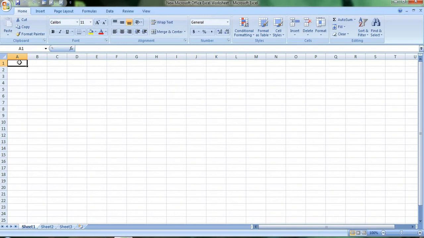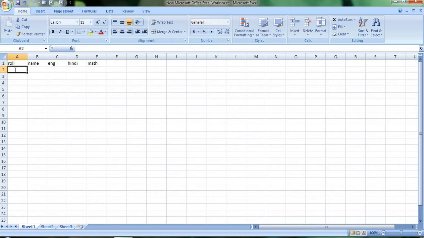I create a database here. I'll write roll numbers, name, English, Hindi, math.